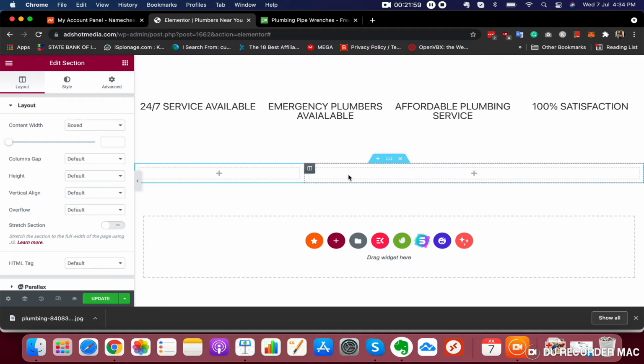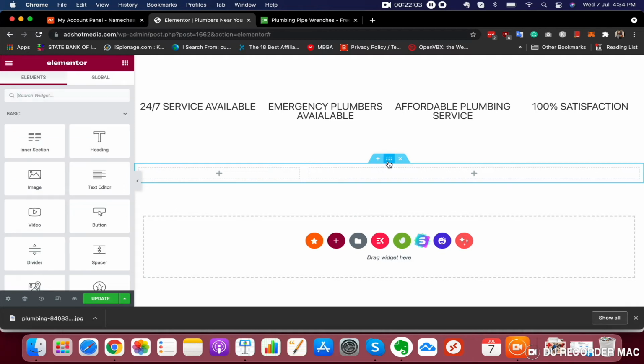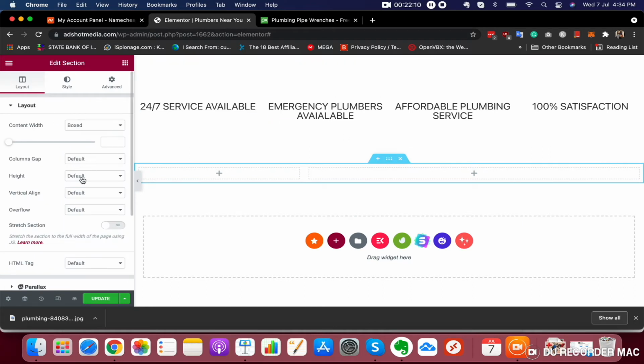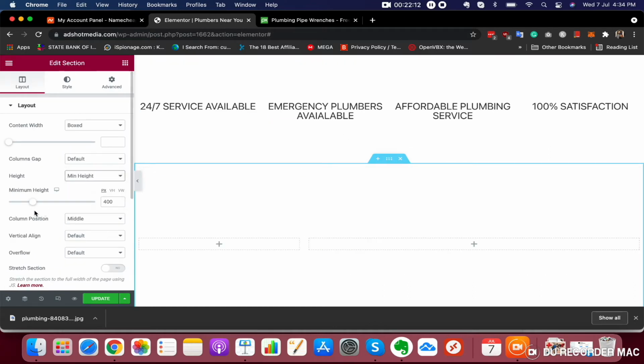So here we'll put an image. Similarly, just go to these 6 dots and go to height, min height. Yeah, you can see the height has been increased, right?